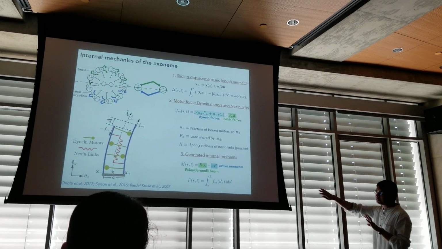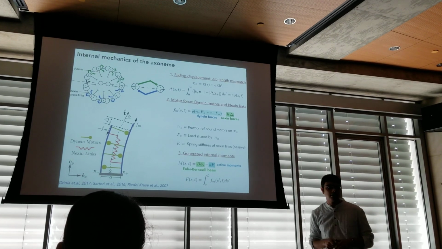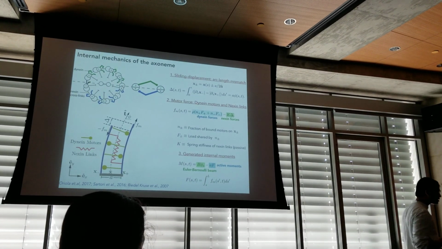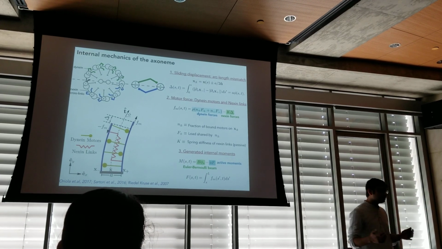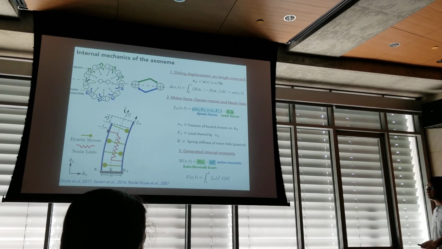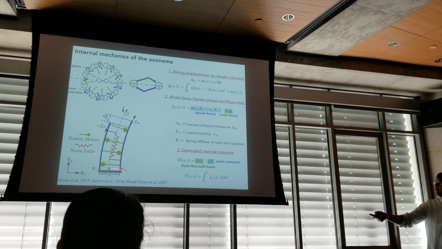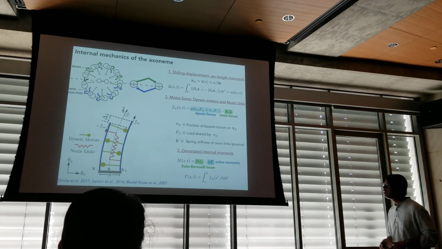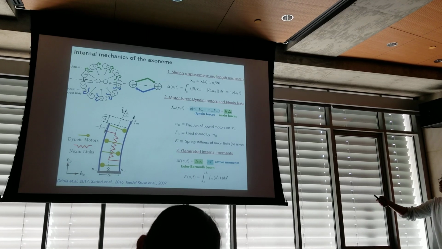You can think of these polar filaments X plus and X minus as microtubules on two opposite sides of the cross-section, on which the antagonistic operation of the molecular motors is superimposed. Like I mentioned, these motors try to cause sliding between the two filaments, and this results in an arc length mismatch known as the sliding displacement, given over here. That's delta. It's simply the diameter of the axoneme times the tangent angle phi. And that's pure geometry.